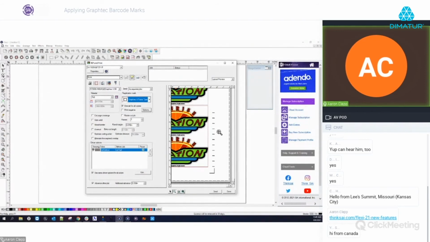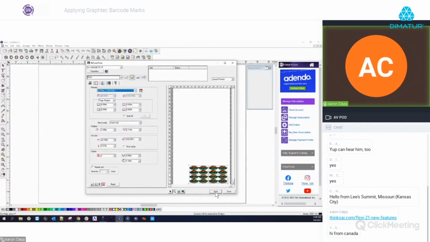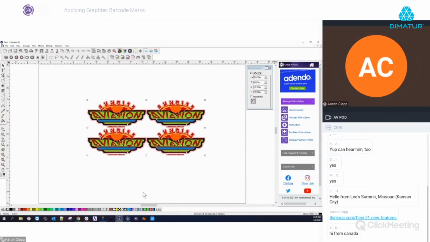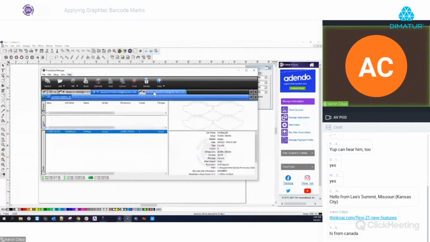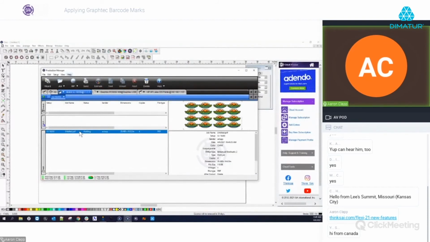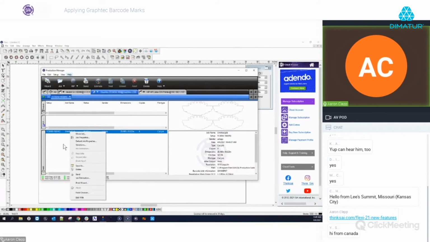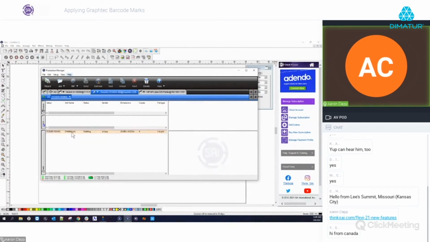So now, again, the good thing is when I send this job, I'm going to send this as Holden List. Hit send here. Normally, it's going to go right to your printer and your cutter, just like it normally would. So we see our print job here, and we've got our barcode all set up. And now in our GraphTech, we have our job right here. One thing that we want to be aware of is you want to make sure that you initiate the job from the cutter